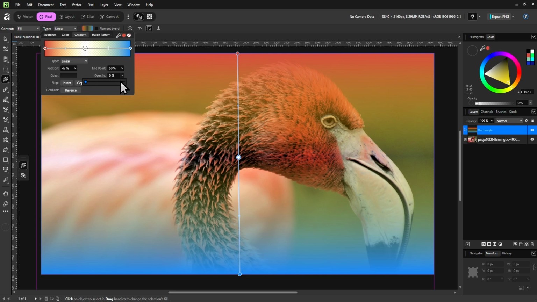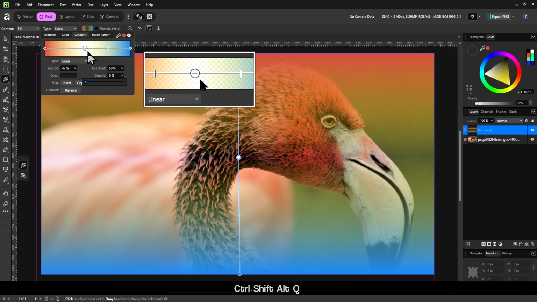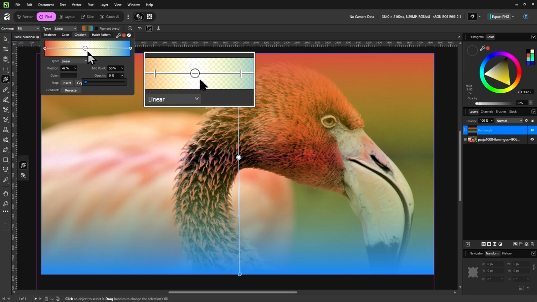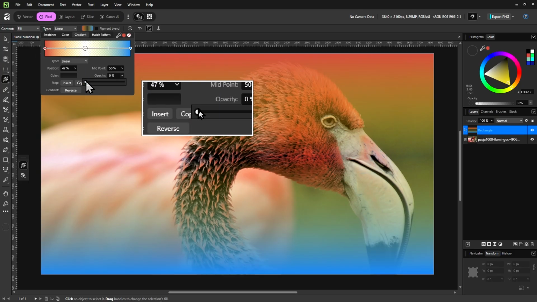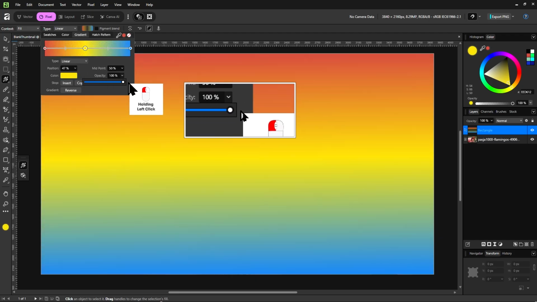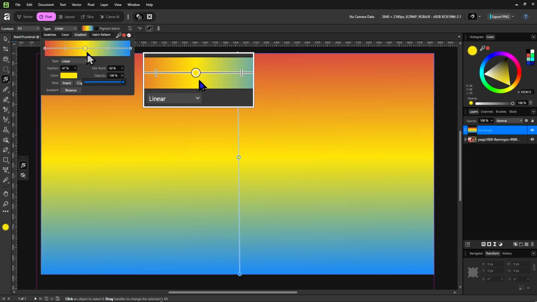Oh, and even at 0% opacity, as you can see here, the yellow is still affecting this stop here. And that might make more sense if we bring it back to 100% opacity. Okay, so first, as you can see, this stop here has yellow, right?